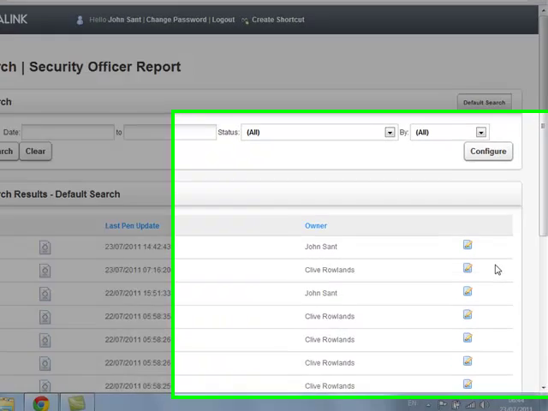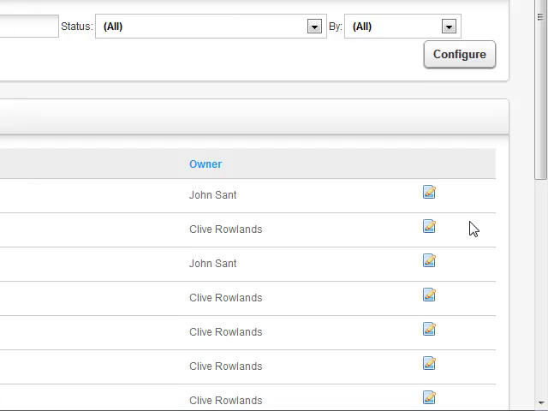Hello and welcome to this video where we're going to be looking at the audit log features of Digital Ink. The audit log's a useful feature in that it will record any change that's made to a form. So it doesn't actually record the creation of a form, but any change that is made after the creation of